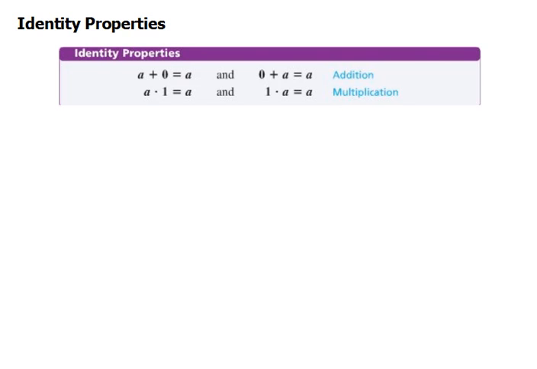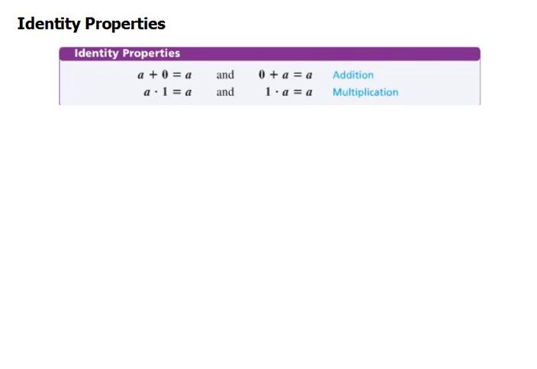The next property that we need to know is the identity properties. And we have something that is called the identity, and that is different depending on what operation you're using. And this will be true for all of the math that you do. You'll find that there are different identities as you get further and further along in math, depending on what it